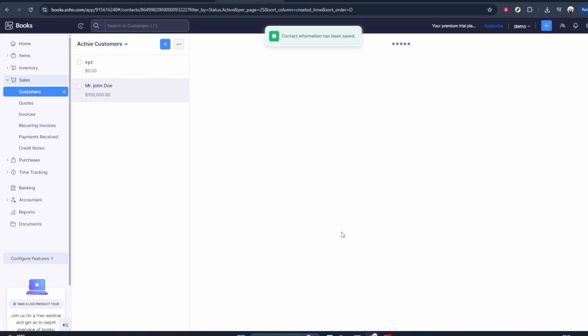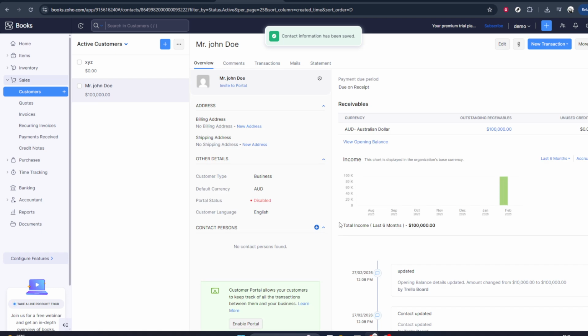Take a moment to confirm the currency and date context if those are visible on your screen. Finally, click on Save. Zoho Books will update the opening balance for that customer, and this change will be reflected in their outstanding amount and related